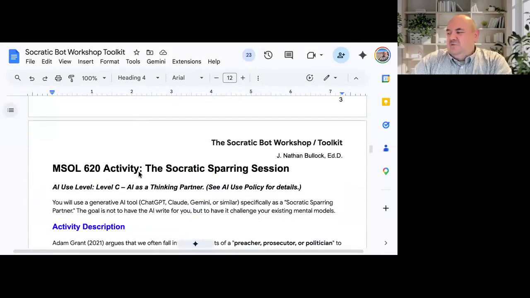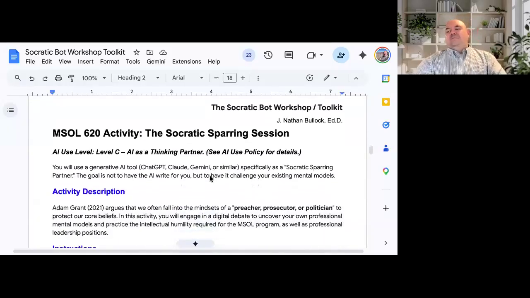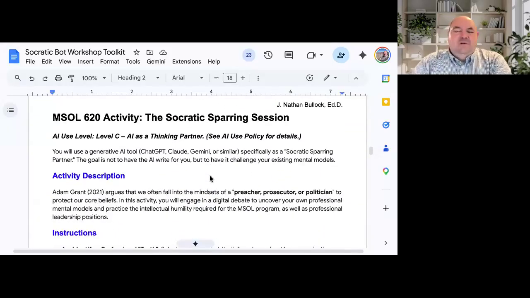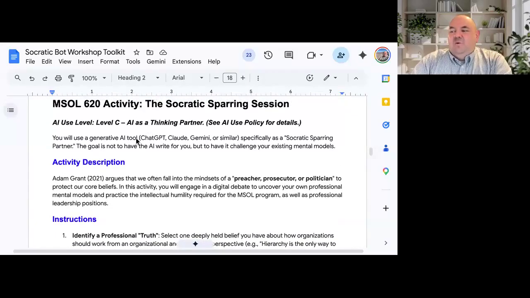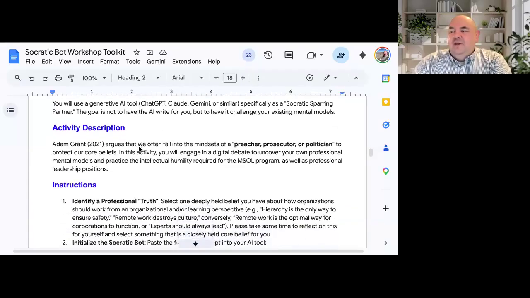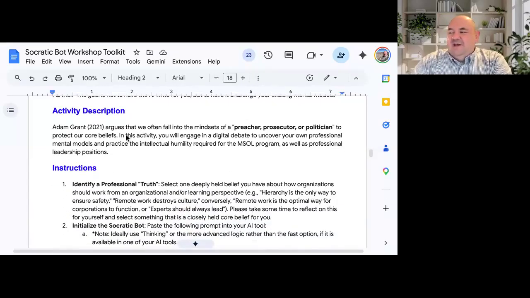But on page 4, I guess it is. This is the literal description of what I have currently, and of course, I may modify this a little bit as I finish this up. I basically created an activity where I asked them to just use an AI tool, and of course gave them the option to use whatever they feel comfortable with. Again, I cited Grant and how we fall into